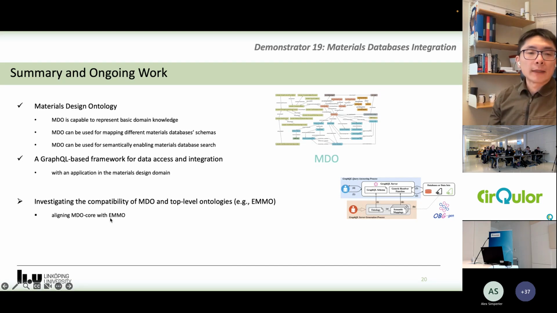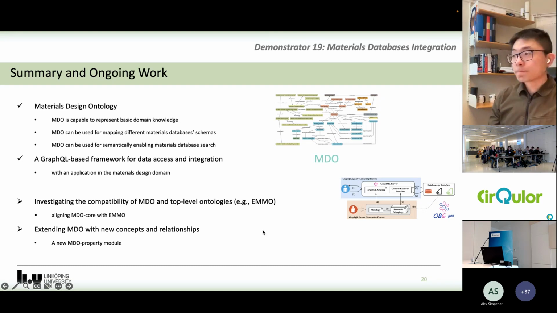So we are working on aligning MDO core module with EMMO. As well as we are working on extending MDO with some new concepts and relationships. For example, there will be a new module added to MDO, which is about different properties.